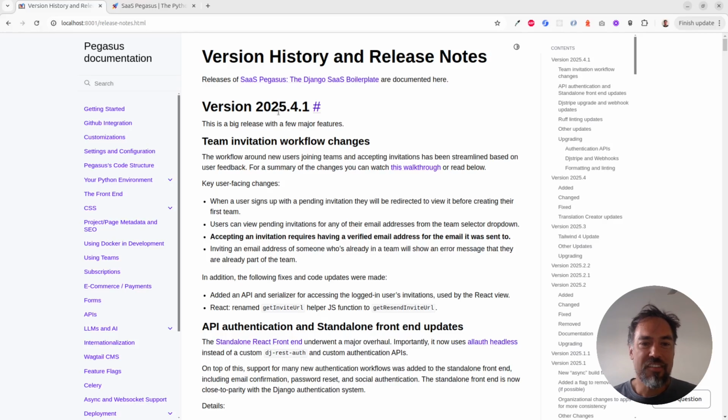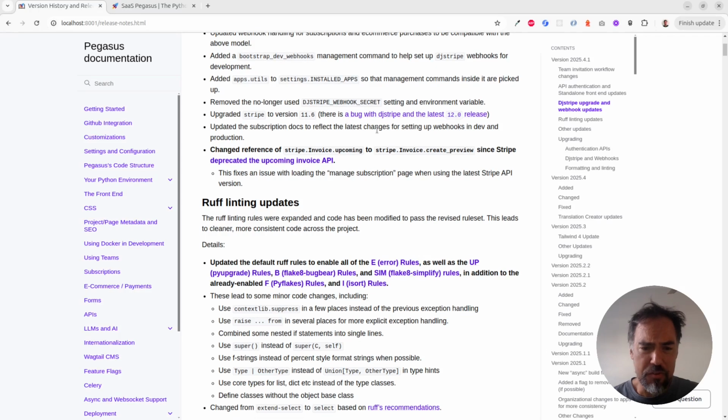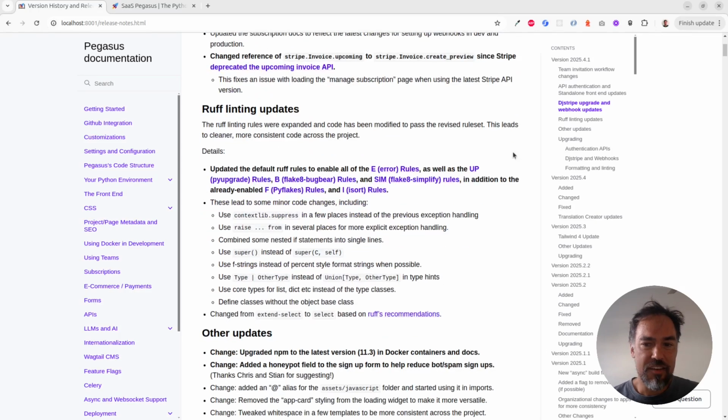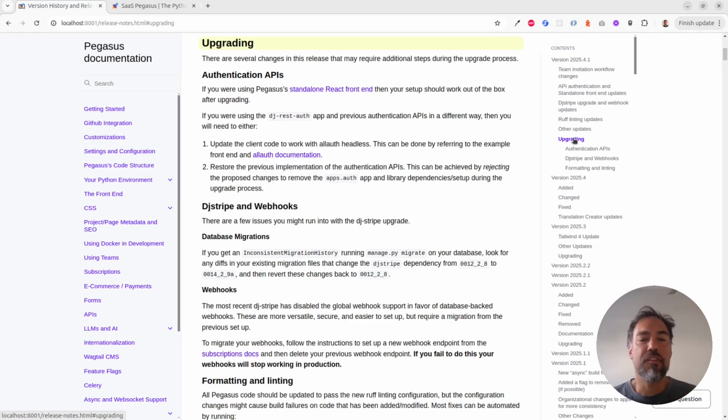So I just released Pegasus version 2025.4.1, and this has a lot of stuff in it. I'm not going to talk through all the stuff that is in here, but what I do want to talk through is upgrading. There's a few changes in this release that require a little bit of care when upgrading,